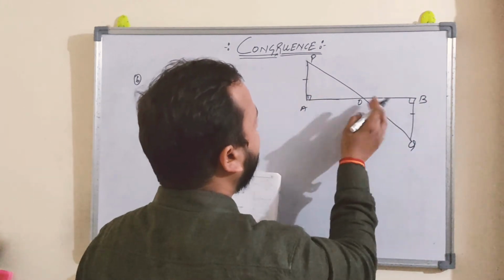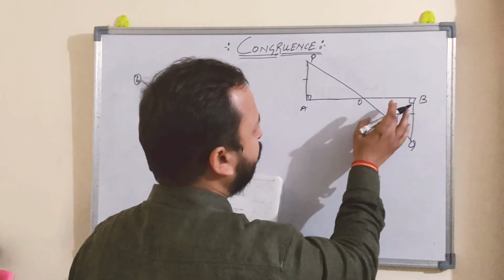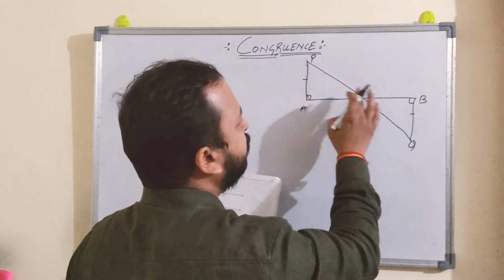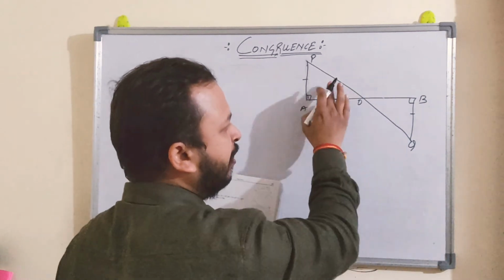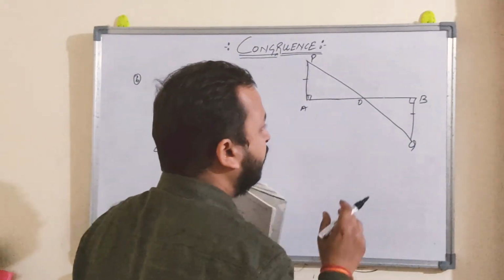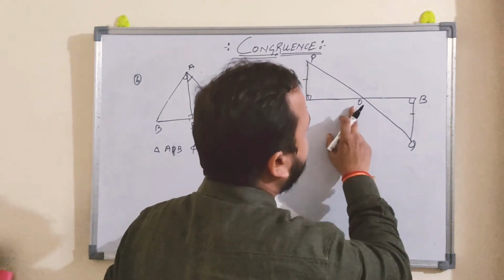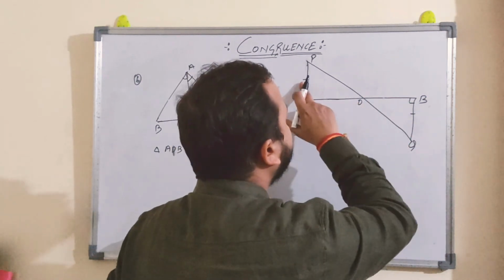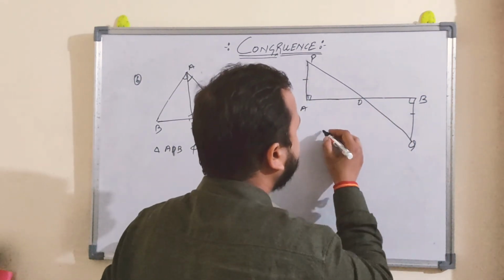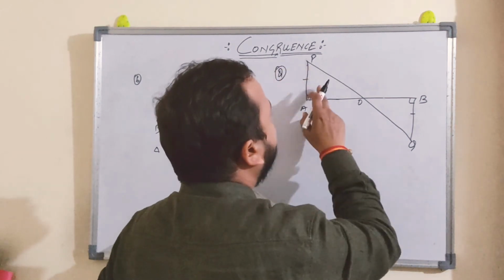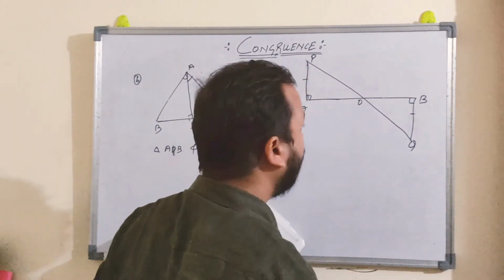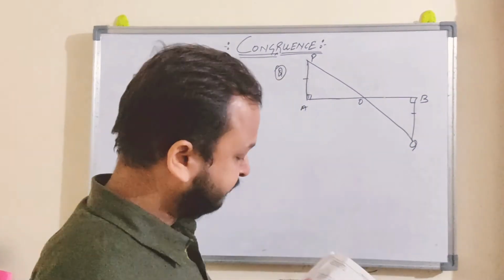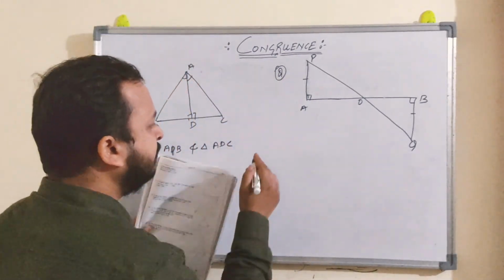So they are perpendicular, means these two angles are equal. In both the triangles, this side and this hypotenuse is also equal. Why? Because these two angles are 90, so it means they are also equal. So PO is equal to OQ, because they are hypotenuse. This angle, they are 90. This side, it is given. So by RHS property, you can say that these two triangles are congruent. If they are congruent, it means OA is equal to OB. Right?